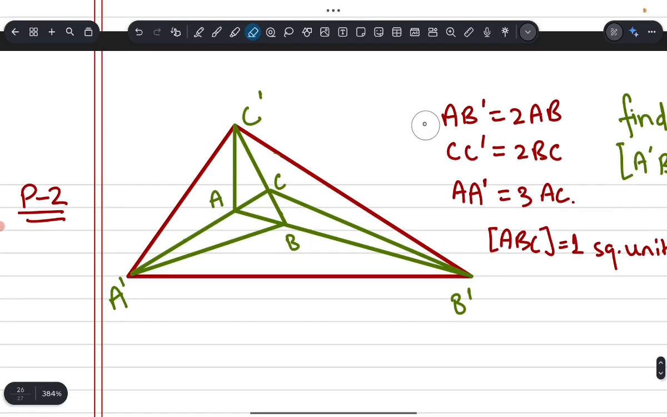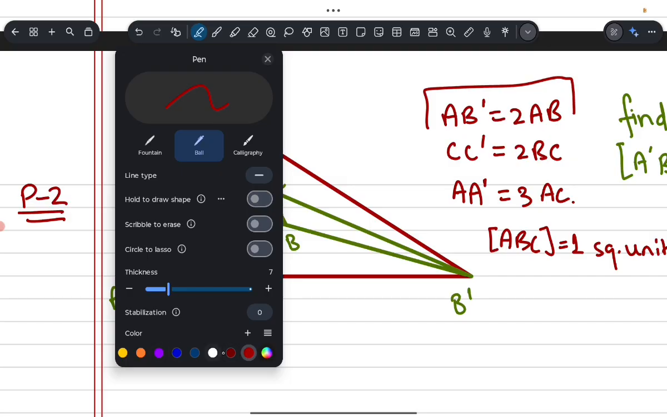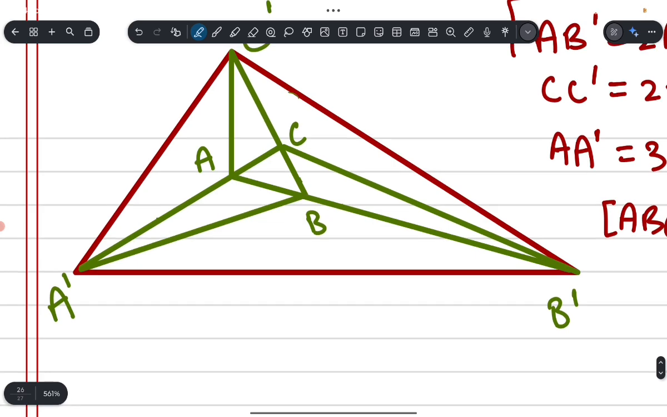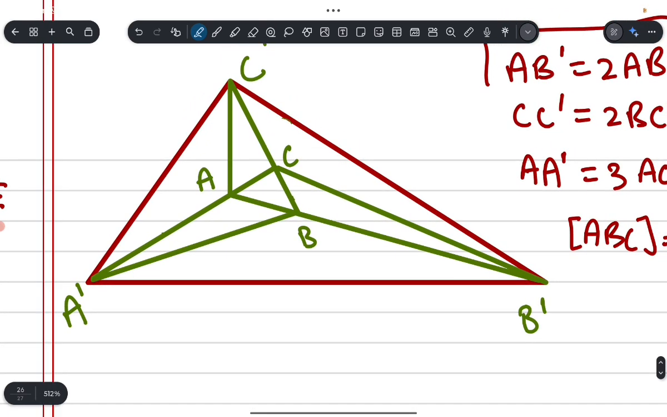we are provided that AB' is 2AB. So if we just consider, wait a minute, let me just change the color. Let me just zoom in on the diagram. So we have AB' as 2AB. So if I consider AB as A, AB' would be 2A. What would be BB'? That would be A, because this whole thing is 2A, this is A, so this makes this A. Alright,